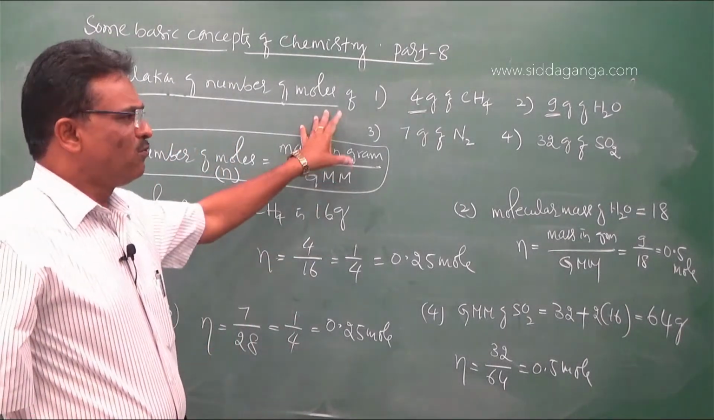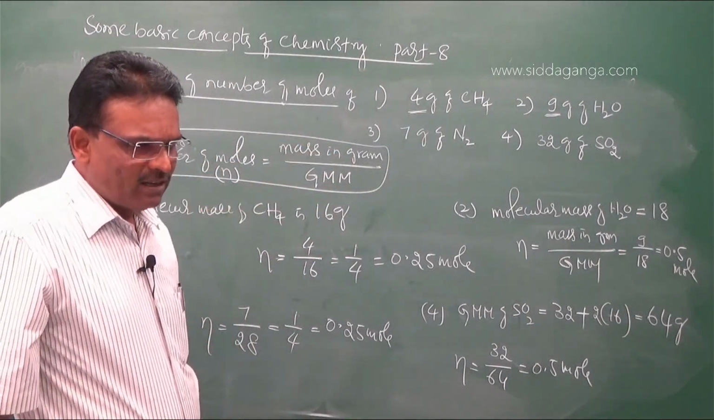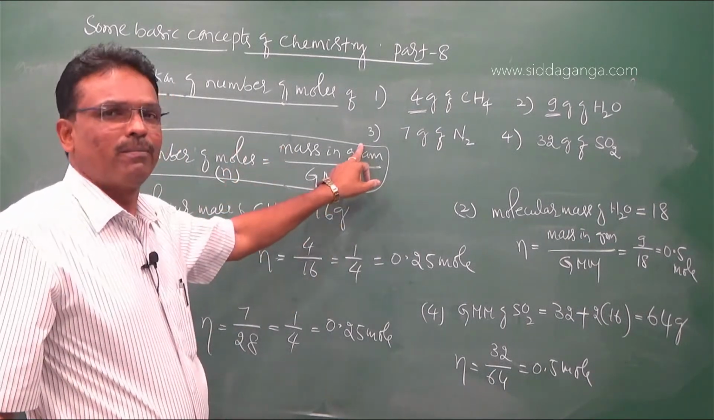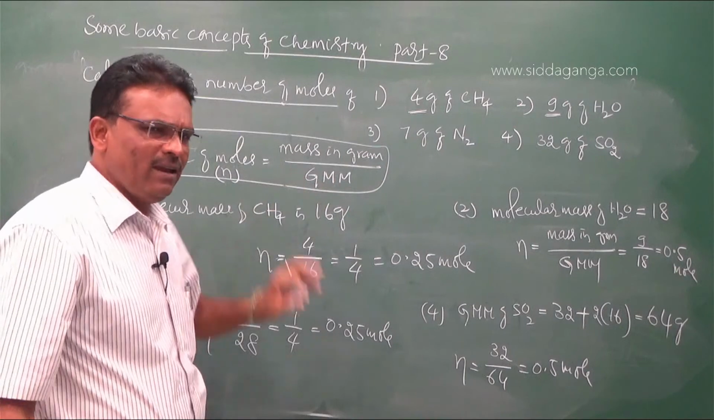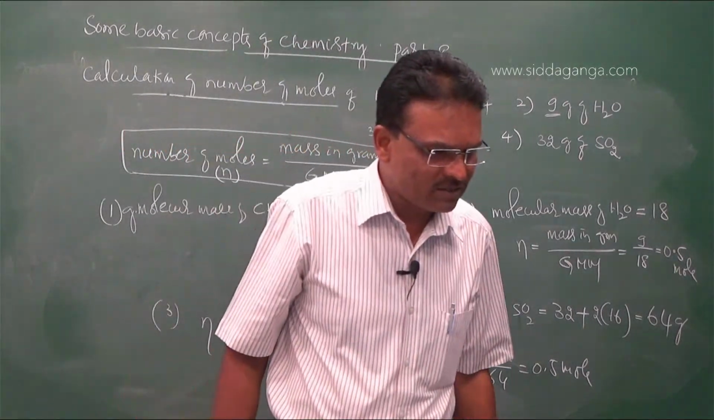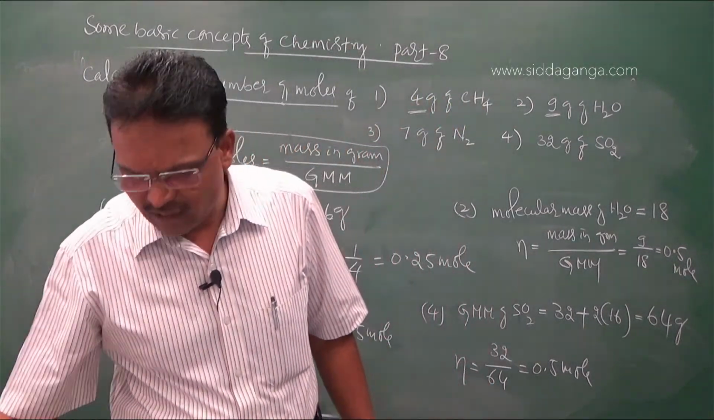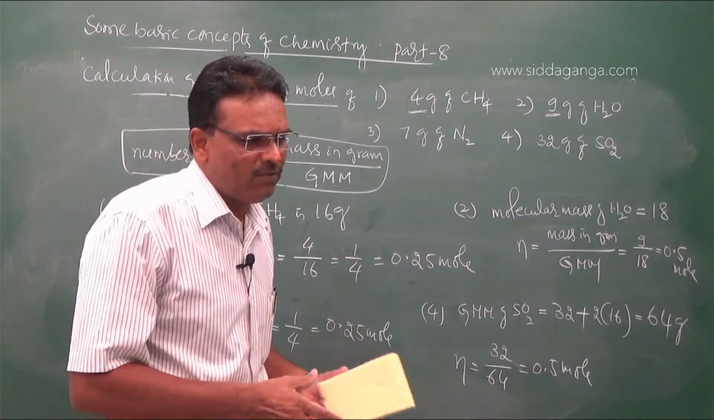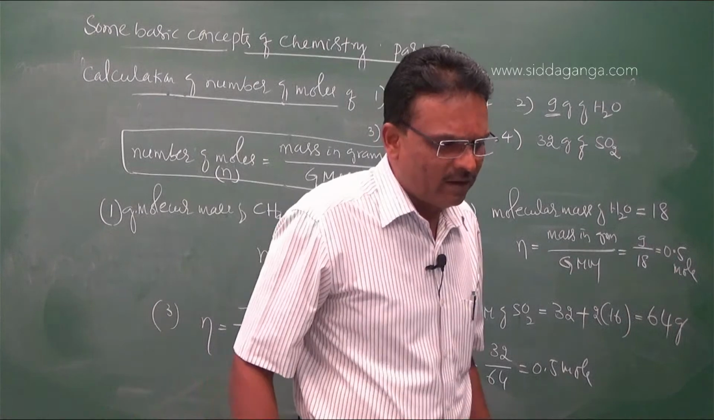So if the mass of a substance is given, then we have to calculate the number of moles by using this formula: mass in gram divided by gram molecular mass. Clear? Then another one. If the number of molecules is given,